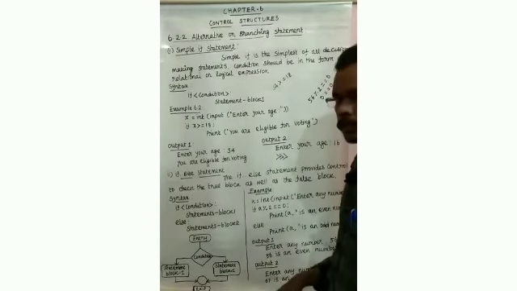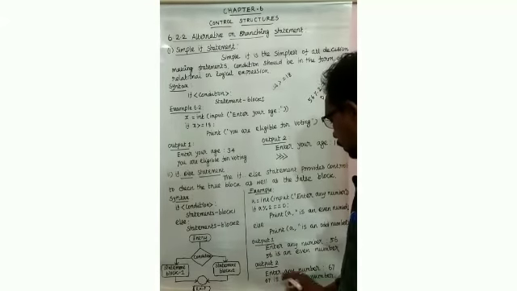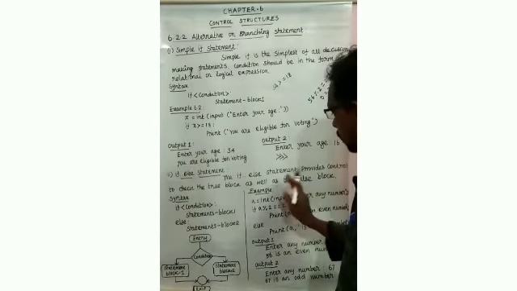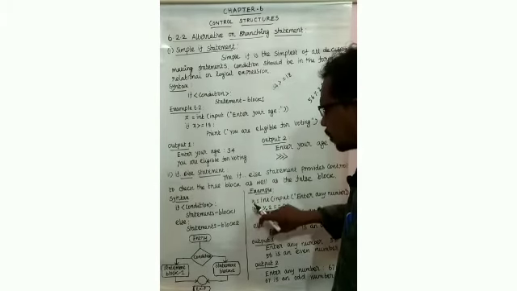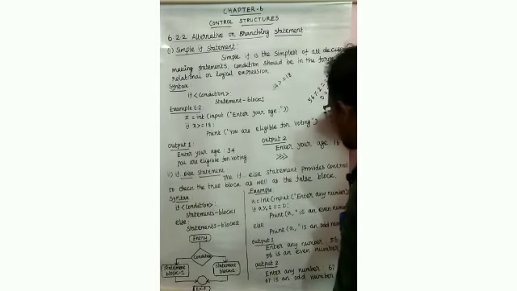In case they have given a different kind of input value, see here, enter any number. What value they have given is 67. Okay. So the 67 value is accepted and stored in A. Now the A value is 67. Now we assign it in A. So 67 modulus operator 2 double equal to 0. Okay. So 67 divided by 2, the remainder value returned is 1. 1 double equal to 0.